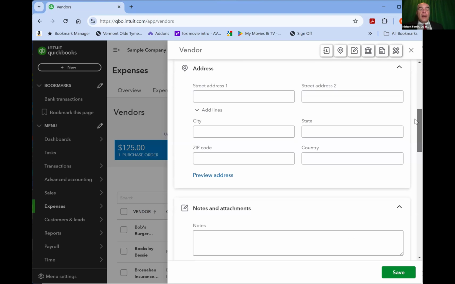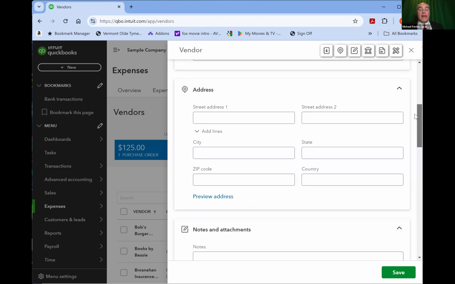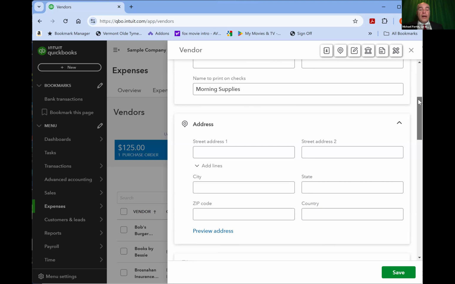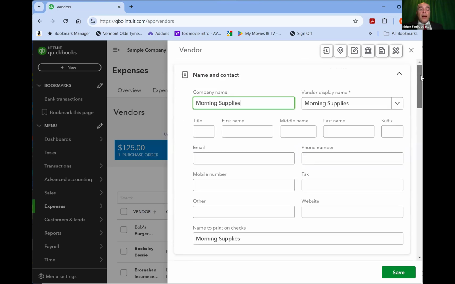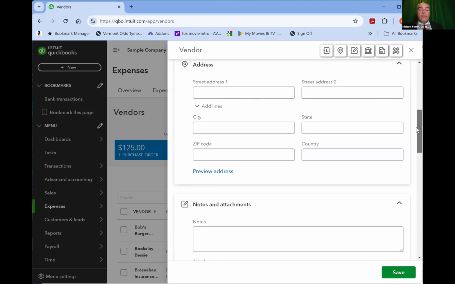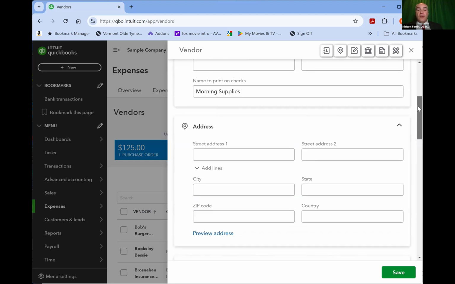Okay. You have the ability to record an address for this vendor, but if I wanted to have multiple ship to addresses, that is not a feature of QuickBooks Online.